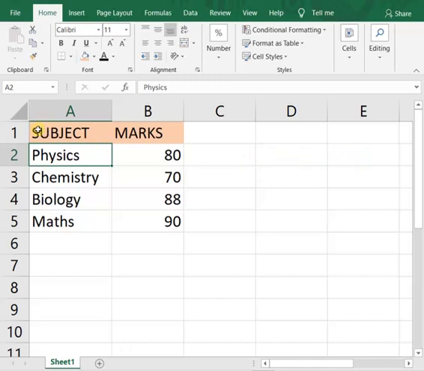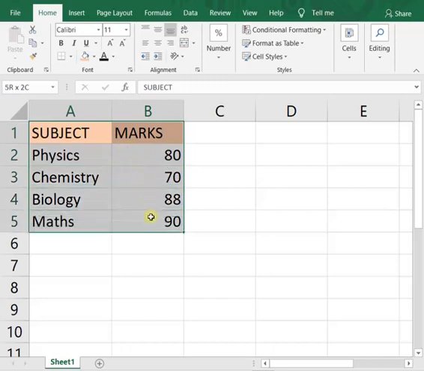Similarly, I will select this my desired range as my range is from 1 to 5. So all the cells belonging to these 5 rows will experience a change in row height. Now how to change the row height?